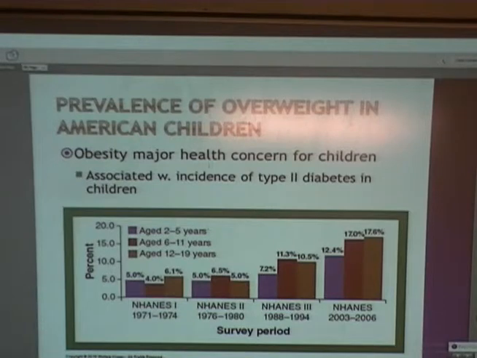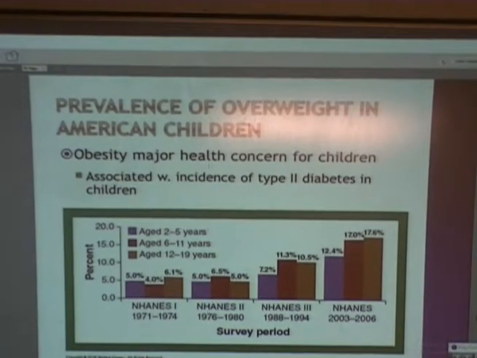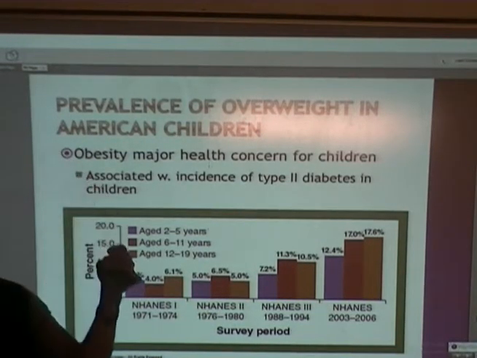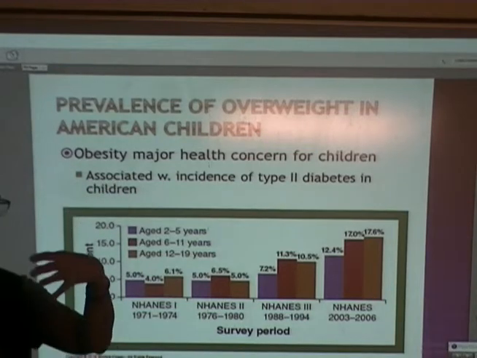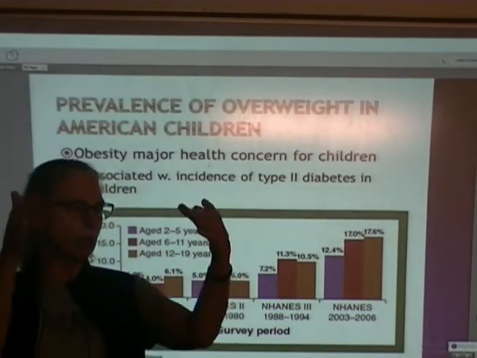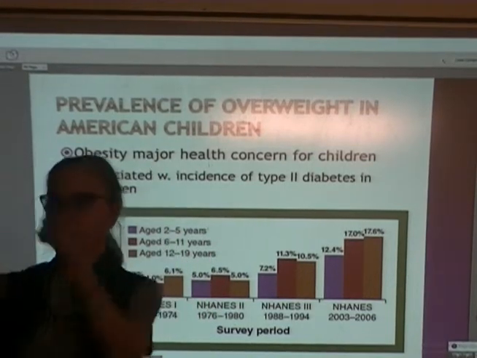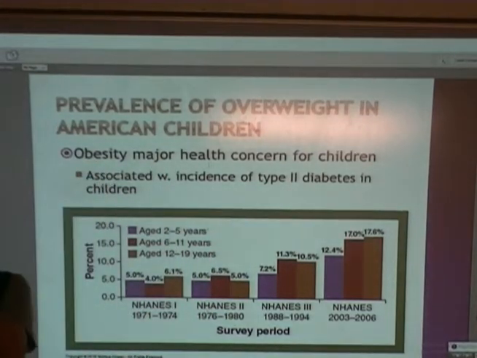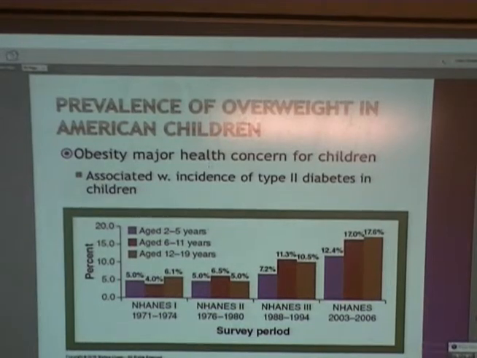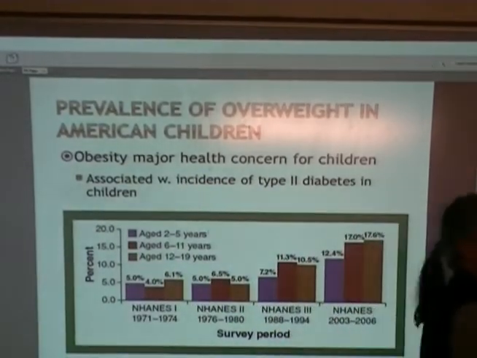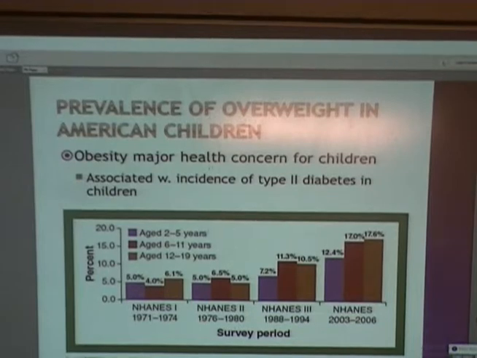So children under 10 are eating too many calories. They are too sedentary, right? So we might not be able to clinically identify metabolic syndrome in 10 and under, but we know that the way they're behaving is indicative of metabolic syndrome, right? 10 to 16, they came up with a definition of metabolic syndrome.